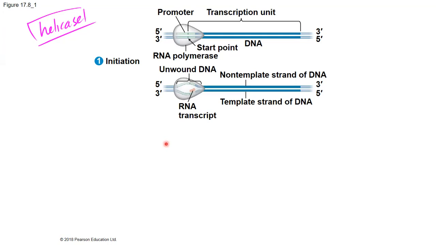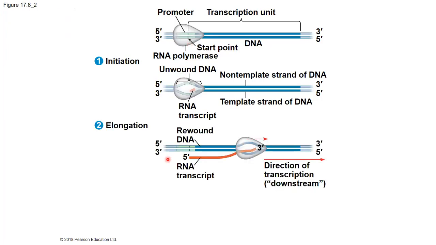So the transcription initiation complex consists of the RNA polymerase, the promoter, and any other proteins that will help with the binding of the promoter. We'll talk about this in more detail when we discuss initiation. And after that, we have elongation. The polymerase will start moving downstream, or in this direction, and making